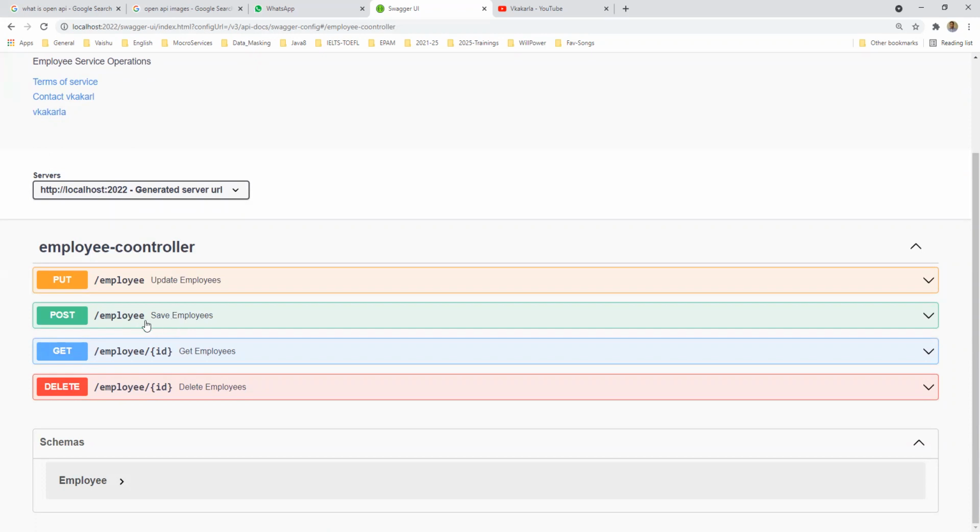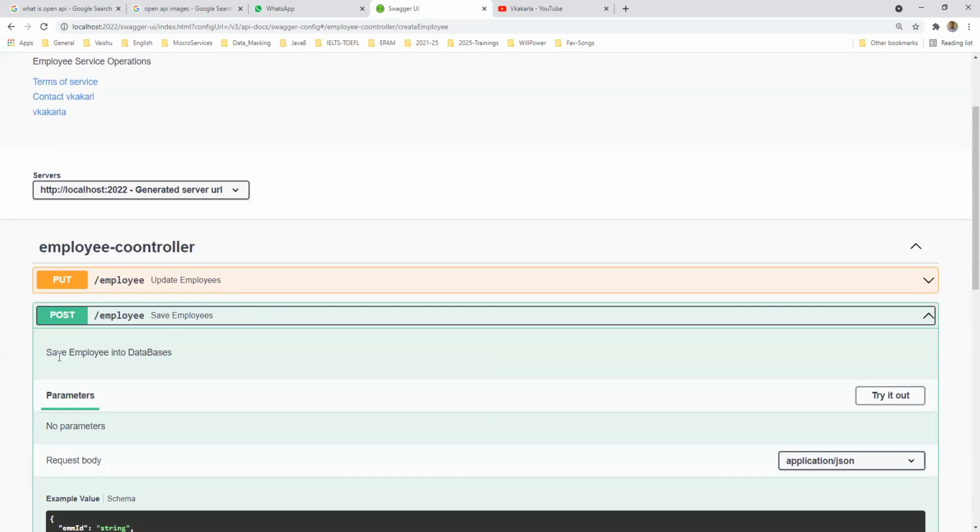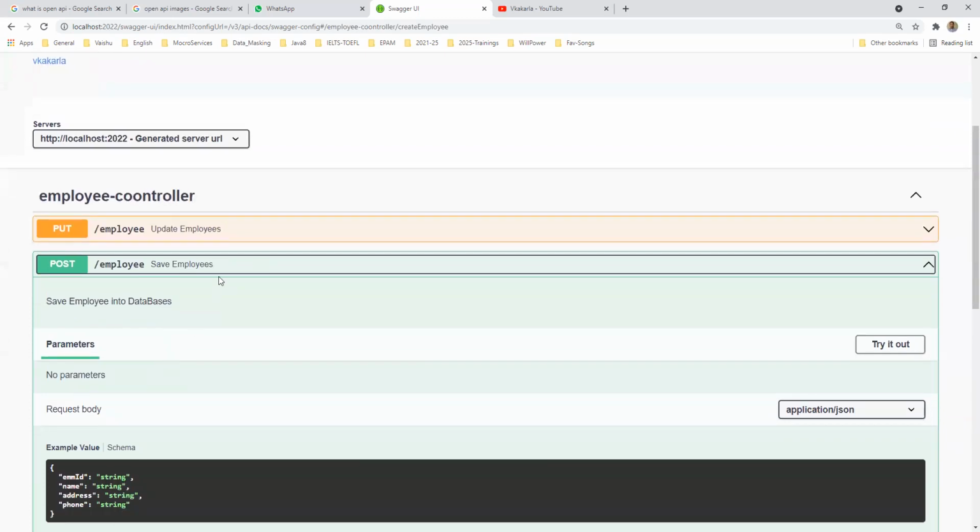By providing a summary like save employee, you know this API will save employee details, or this updates employees, even if you don't know about the put operation. If you expand this, the notes or description will come here, something like save employee into database.